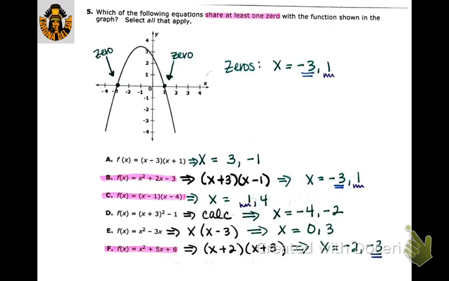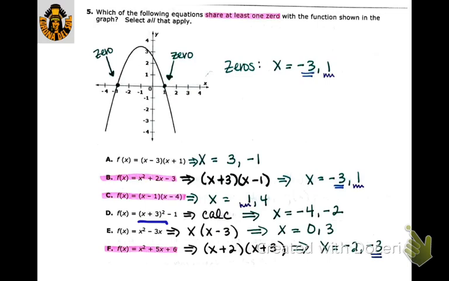This one is looking for which one has at least one of the two zeros that the graph has, and we can tell the graph has the -3 and 1. So then we just factor each of these if they're not already factored, and that's the reason for the ones chosen. And then you can use your calculator on D, or if you really wanted to, you could multiply it